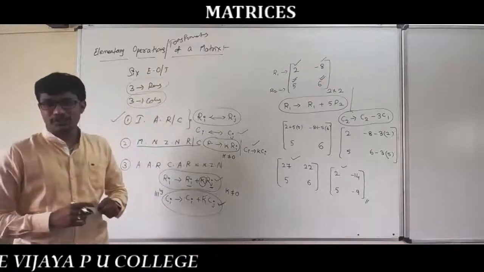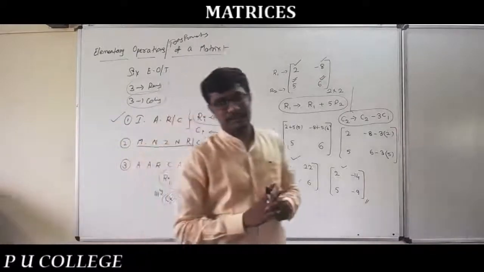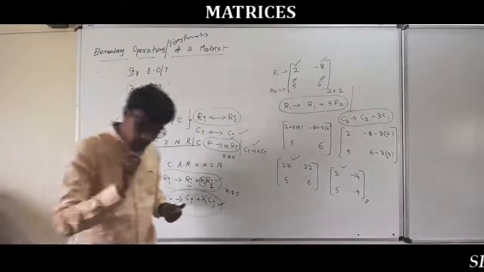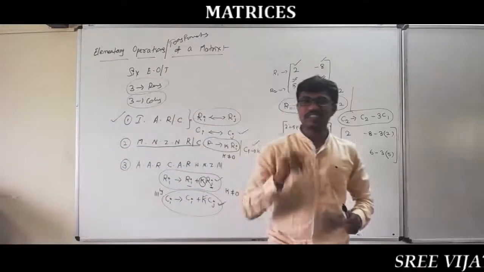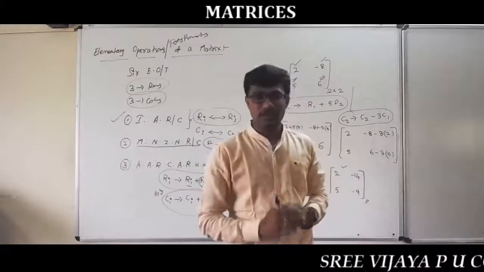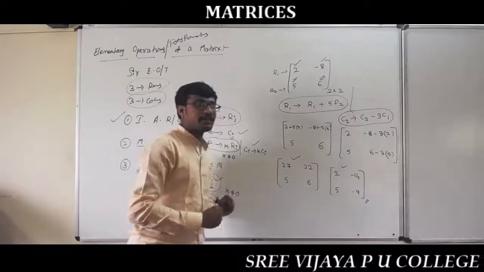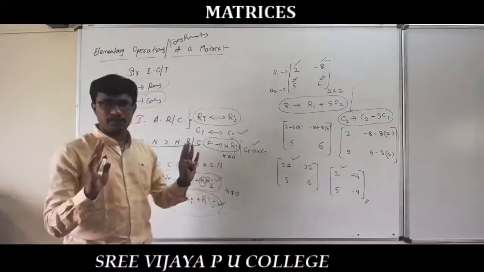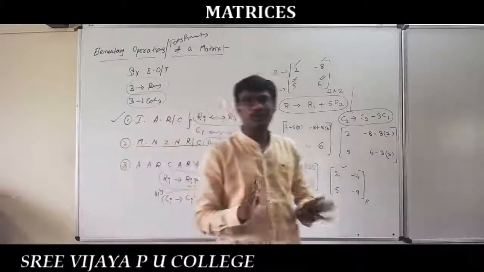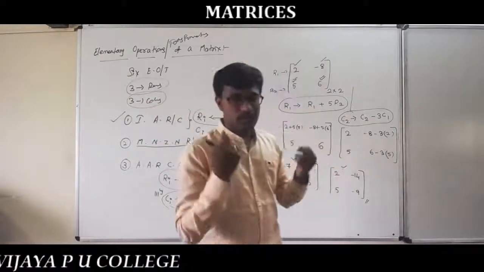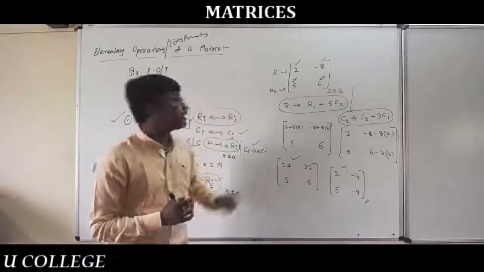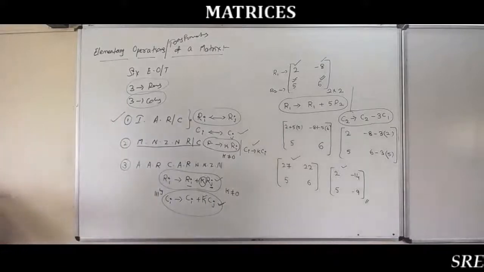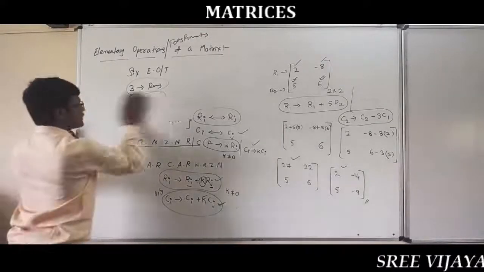This is the first concept, to find the inverse of a matrix by using elementary transformations or elementary operations. In the question they will mention to find the inverse of a matrix by using elementary transformations or elementary operations, compulsory for the 3 marks question. Either you can do it by rows or by columns, whichever it may be. They will not mention whether to use rows or columns. You can do it by any method. Okay, so this is about the elementary operations. Next we can discuss invertible matrices.